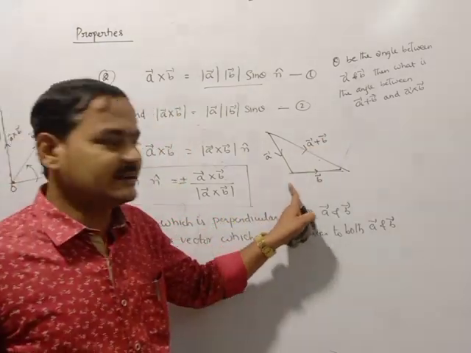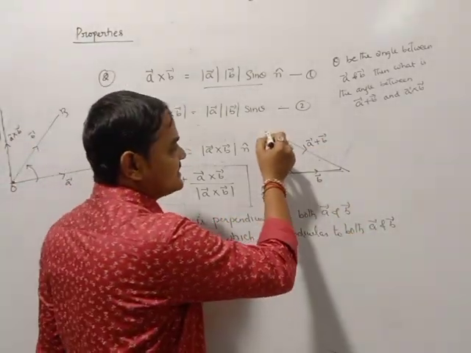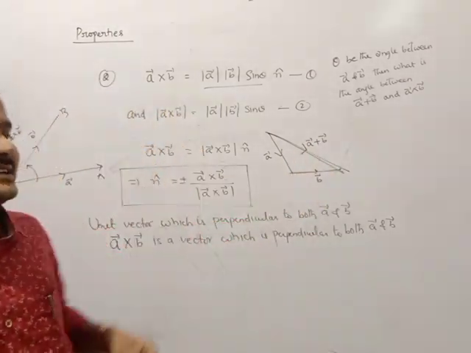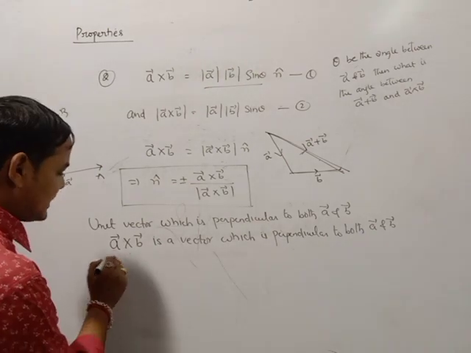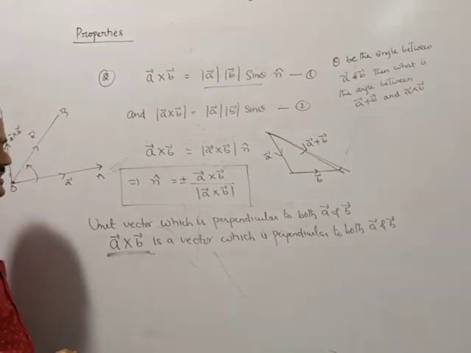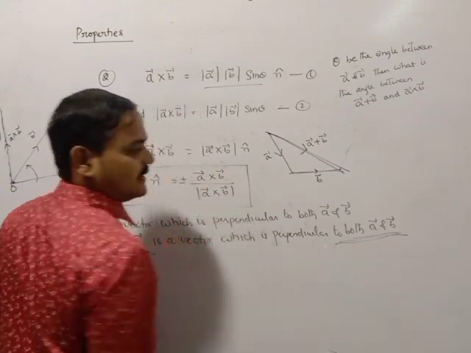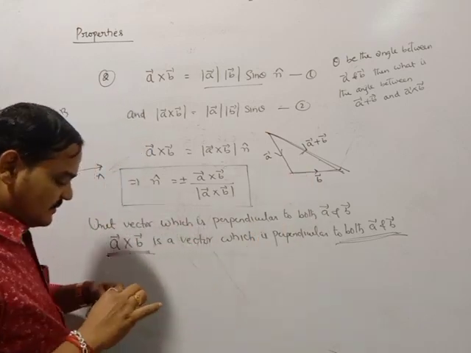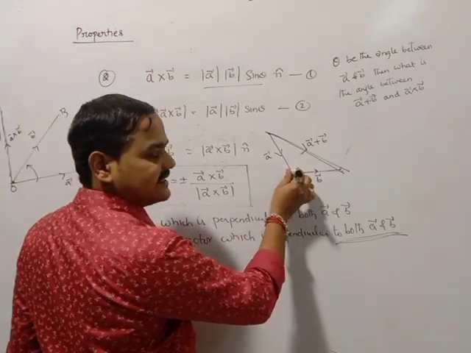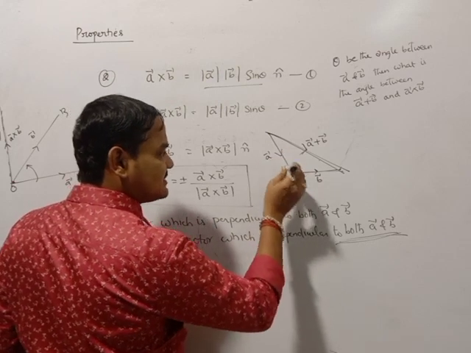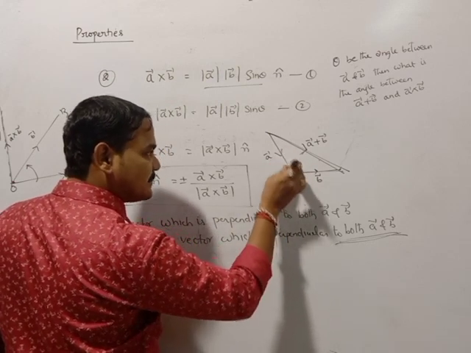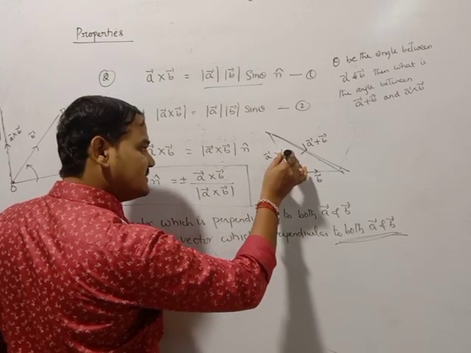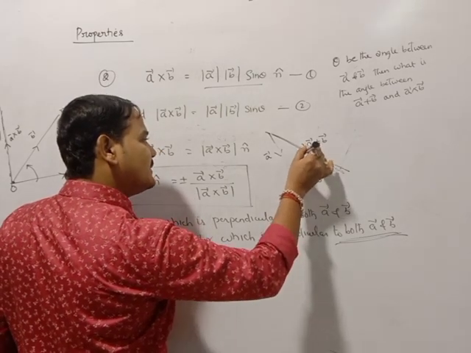This is the vector A bar and this is the vector B bar, and this is the vector A bar cross B bar. A bar plus B bar is from the triangular law, which you discussed in your first exercise. Now I said that A bar cross B bar is a vector which is perpendicular to both A bar and B bar. This vector is in this direction. Because A bar cross B bar is perpendicular to A bar as well as B bar, automatically it is perpendicular to this vector also.